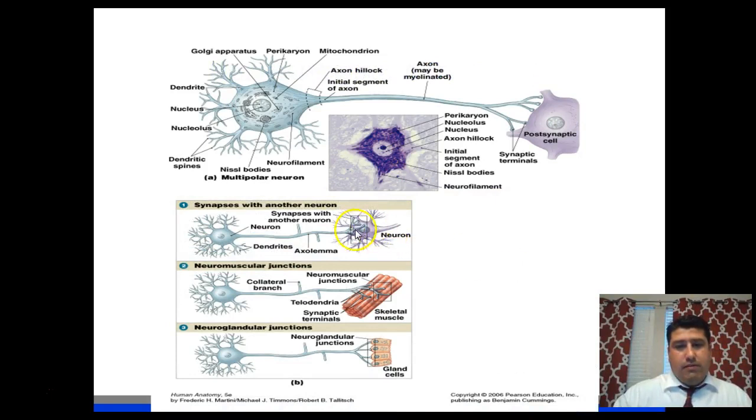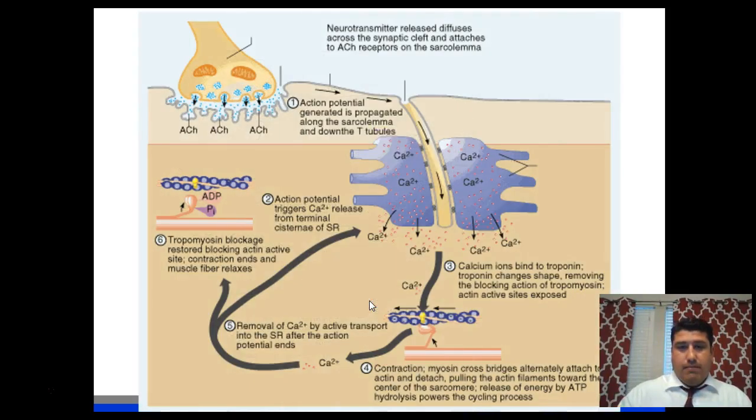Now, when it arrives to the next destination, again, it could be another neuron, or it could be a muscle or a gland. Whenever it arrives to that particular location, it then has to send the message through a space called the synaptic cleft, or just simply the synapse. So in other words, the neuron is not directly attached to the next destination. There's a space there. Now it stays in close relationship, but the point of the matter is there is no direct contact. It has to release what's called a neurotransmitter.